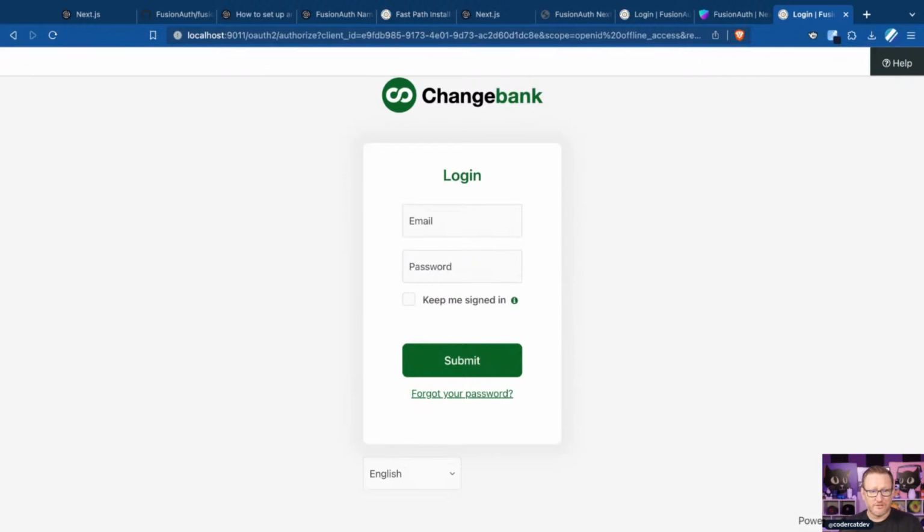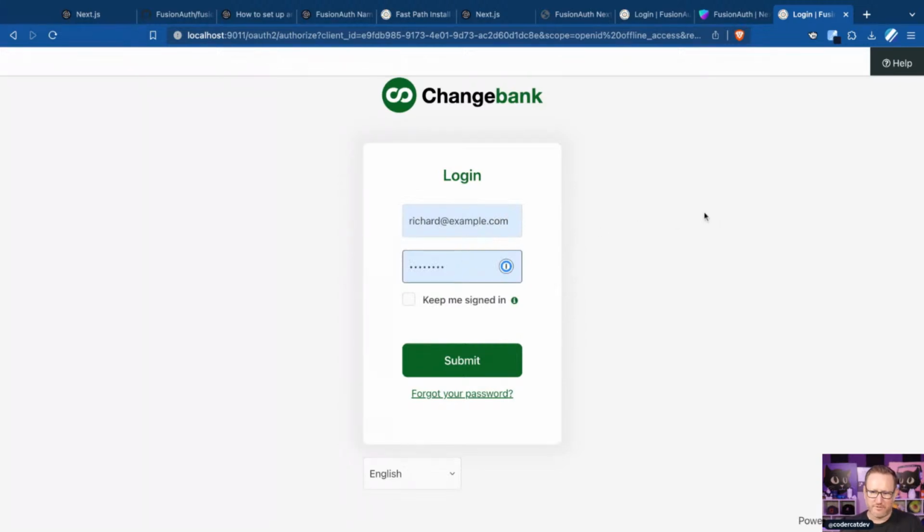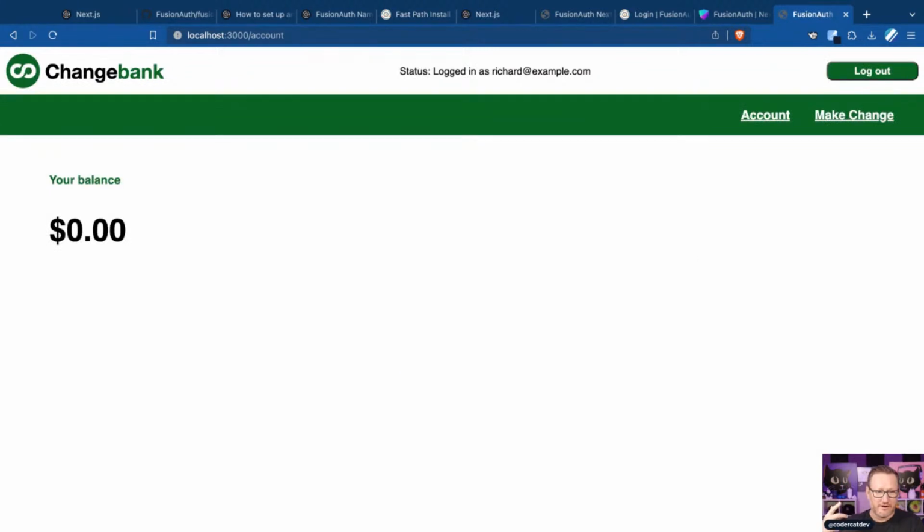Now we're just using the basic email and password here, but you could do passwordless, you could do magic link. We cover all the different auth flows, so it's really cool to get into. So I'm going to log in with my richerexample.com, and it's going to authenticate me on the FusionAuth side, and then come back into the application into the API route and say, here's my JWT, here's who this is, they're okay. And then we get the richerexample.com coming back in,